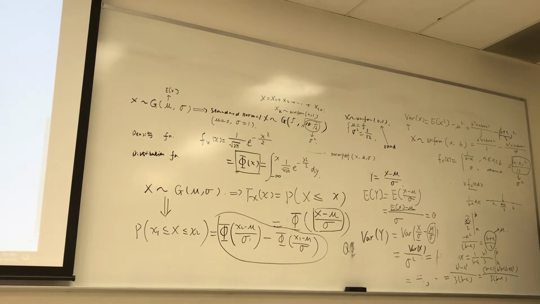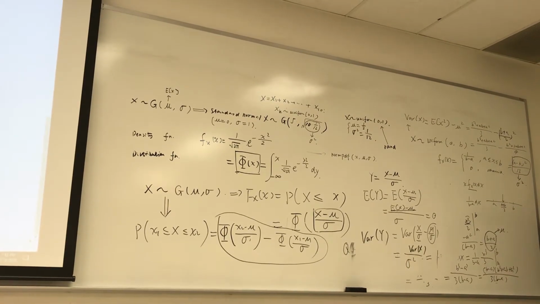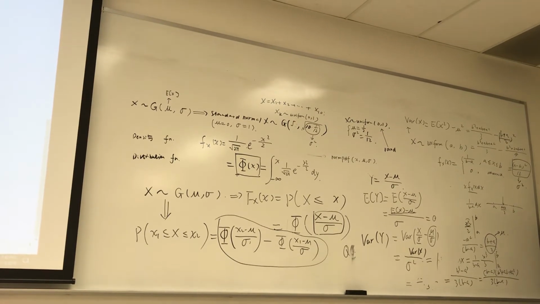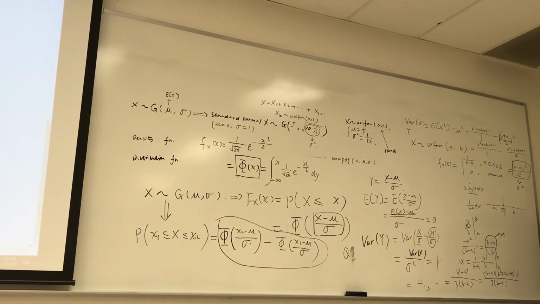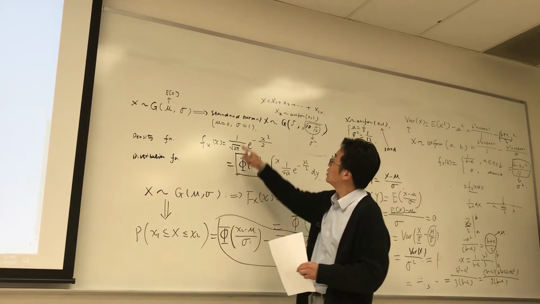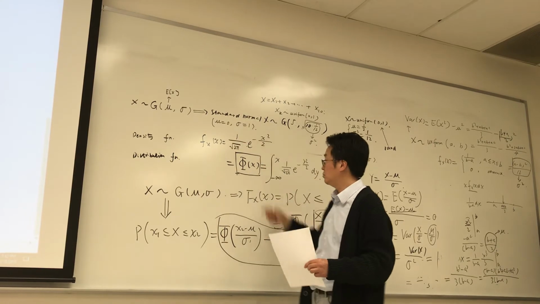All right. So this is pretty much what I like to talk about and emphasize: the Gaussian distribution. This function is called the standard normal distribution. And this is the distribution function for the standard normal distribution. In other words,